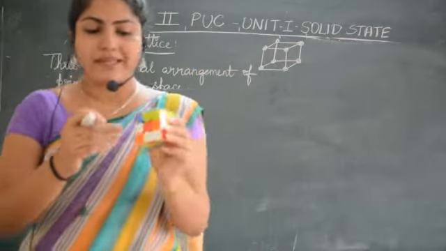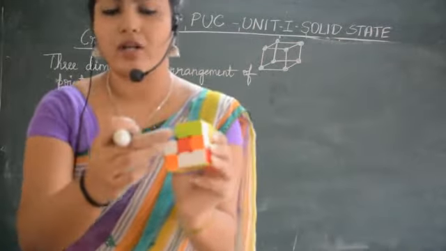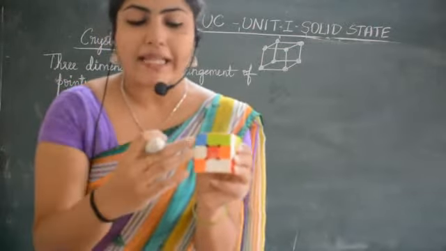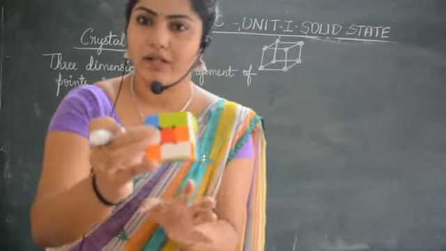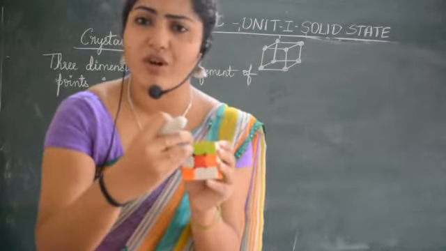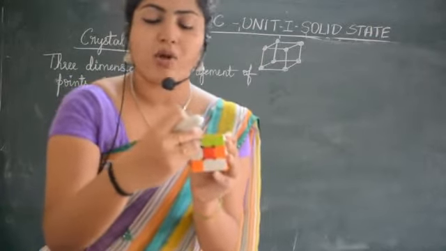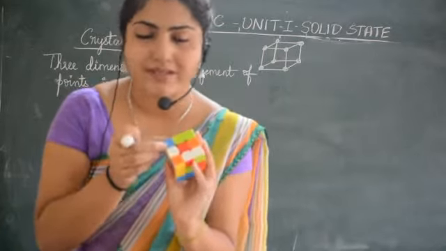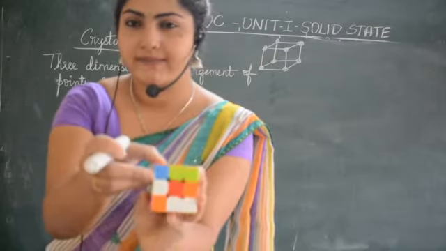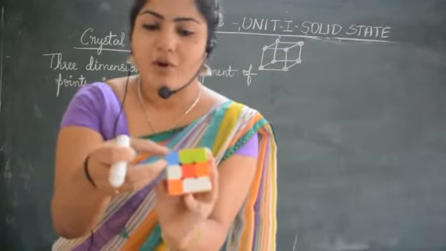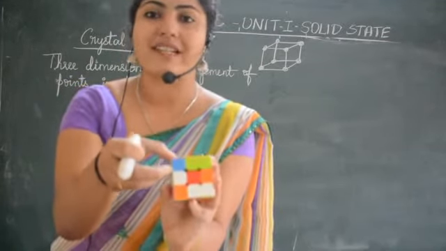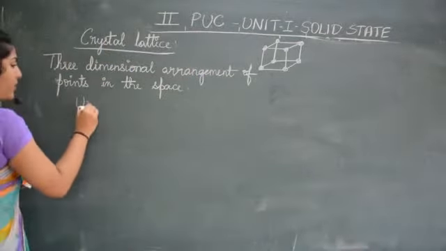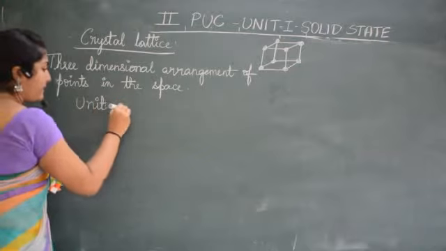In this, the simplest part, say this one particular box which you see, if I just remove it and see, it is similar to this particular cube, but a smallest portion of it. Smallest portion of the crystal lattice it will be if I separate one small box from this. Hope you're getting the point. The smallest portion of the crystal lattice is called unit cell. What is it called? Unit cell.